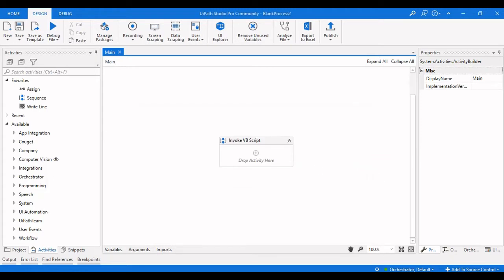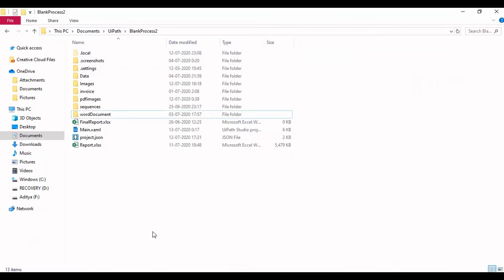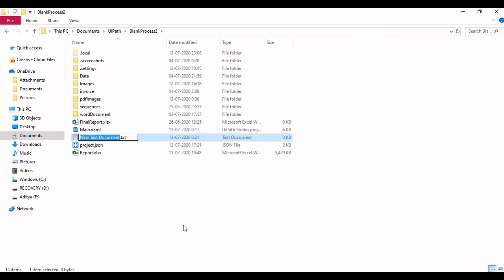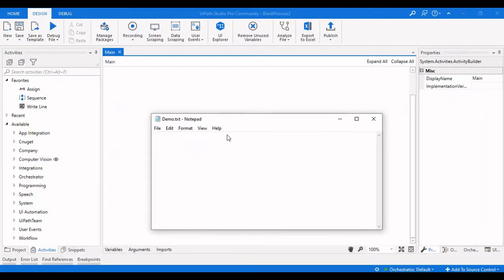Before starting the workflow, the first thing we need to do is create a VBScript file. For that, I'm taking it as demo.txt, and let me open this one and write the VBScript in Notepad. VBScript has an option to make you declare all the variables, which is Option Explicit, and then you need to provide the variables that we are going to use today